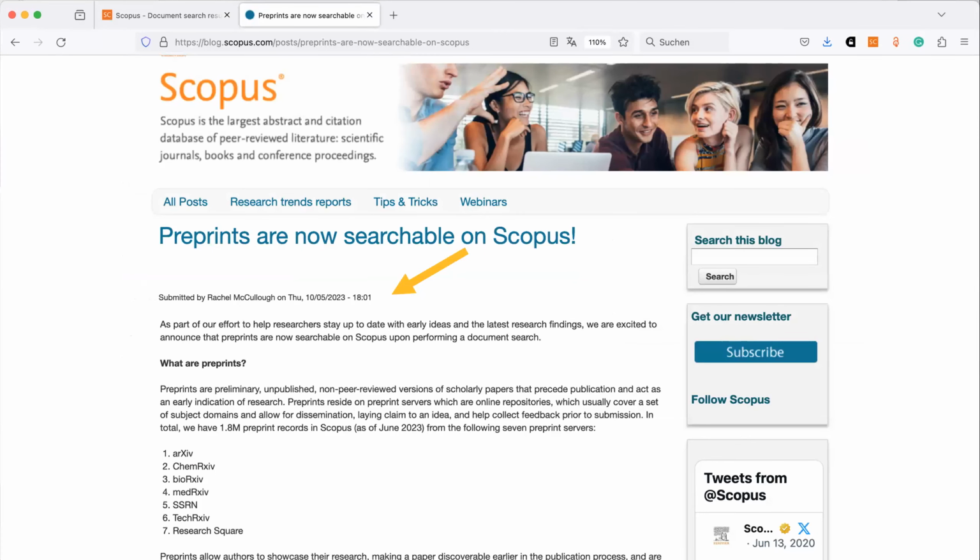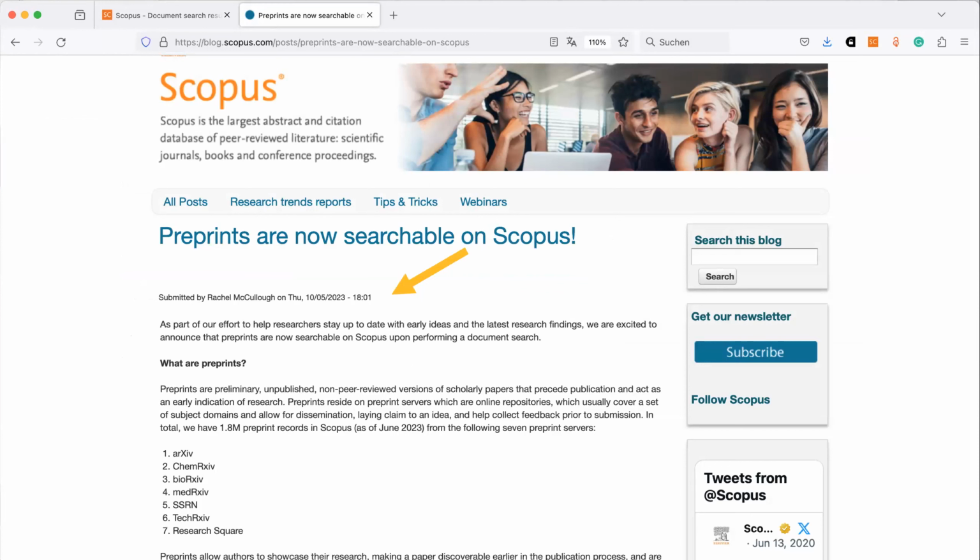Because ChemRxiv is very popular and there are more and more articles, researchers want to see their paper also in abstracting and indexing databases like Web of Science, like Scopus, like Dimensions. And the good news from 5th of October this year is that preprints are now searchable in Scopus. So if you search for a preprint, you will find also preprints.